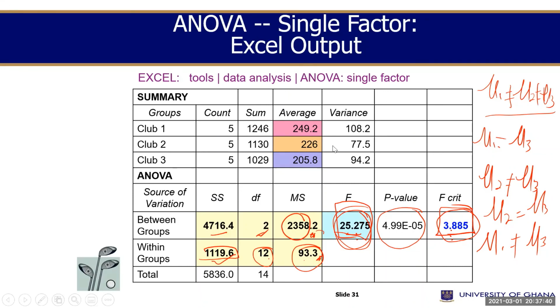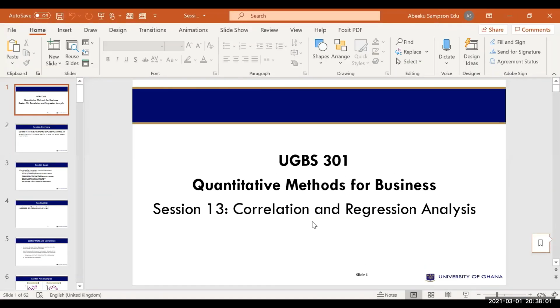So that is it for analysis of variance in simple terms. Good. The next discussion is going to look at what if you have different data altogether, okay? But this time around, you are looking at whether there are relationships among some data that you collect. For example, is it true that the more advertising we do, the more sales come into the business? What is the relationship between